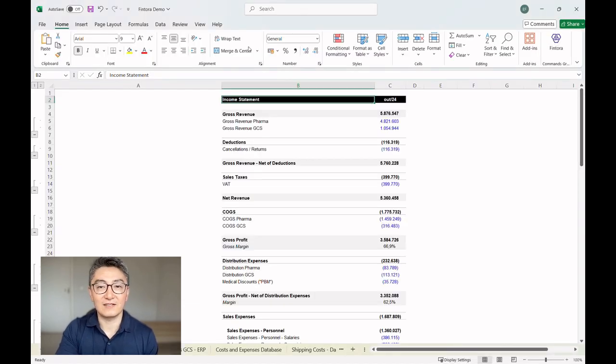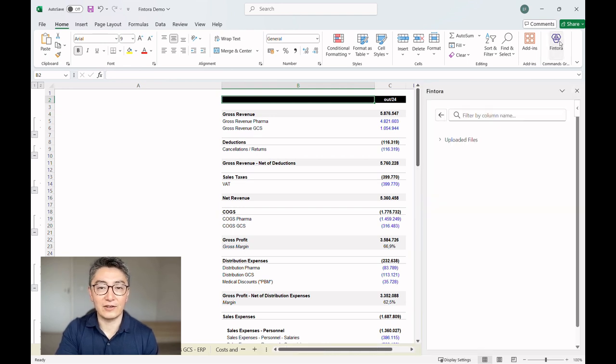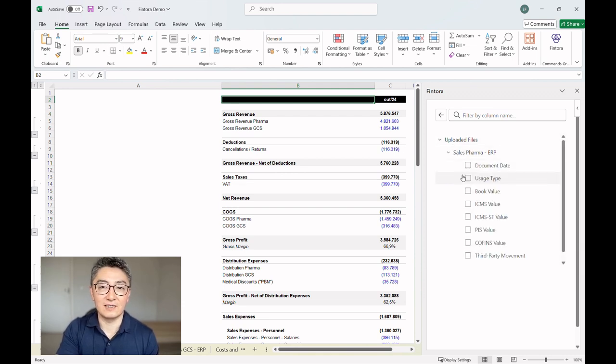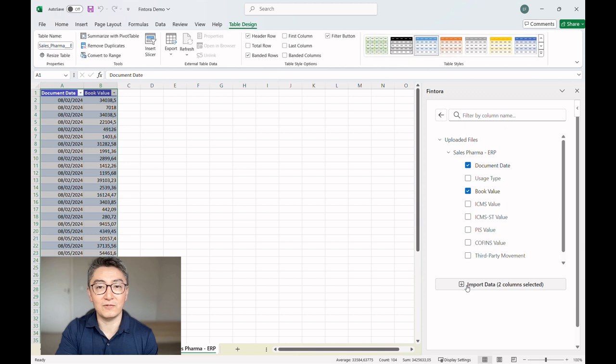And we'd be remiss if we didn't show a bit of our spreadsheet plugin. If you want to prepare other custom analyses or reports, you can do so in your spreadsheet by using our plugin. You have the flexibility to pull data from the data sources directly into your spreadsheet without having to leave it. You can do drill downs as well without having to leave your spreadsheet. And if the spreadsheet is a data source, you can sync it back to Fintora, which will update every other